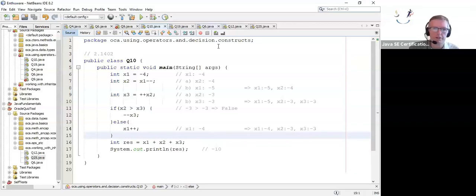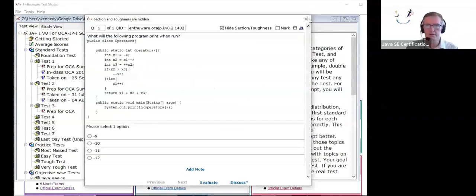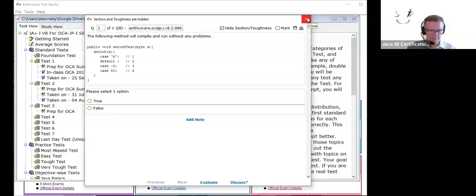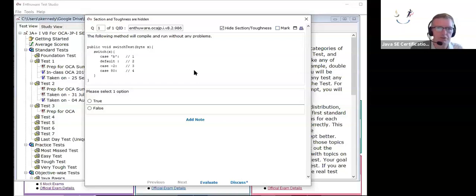Let's go back here to Enthuware and load up 2.986. Okay. The following method will compile and run without any problems, true or false. Okay, so we have